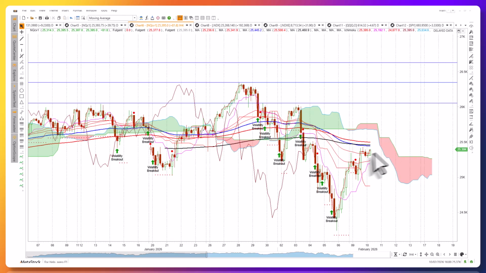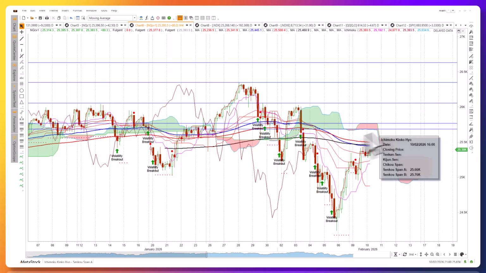What we really need to see is a breakout past this, and then we could see it come back after retesting this resistance zone. Let me just put another line in there. So if it breaks past these key moving averages, breaks through the cloud chart resistance, and then it can come back to retest the top end of the front end of the cloud. So that's the scenario that we expect on the 4-hour Ichimoku Cloud, as long as we get a breakout past this cloud chart resistance. If this cloud chart resistance holds here, we could always hit the cloud and then come